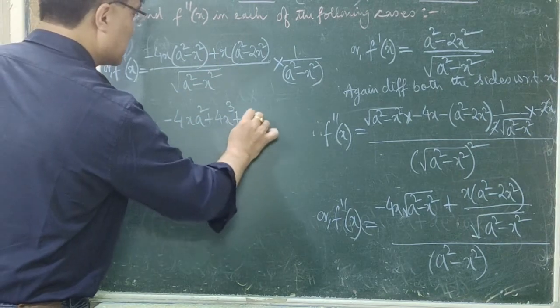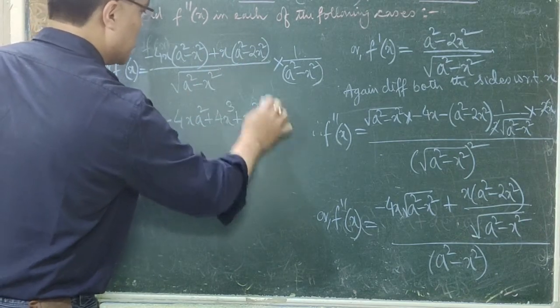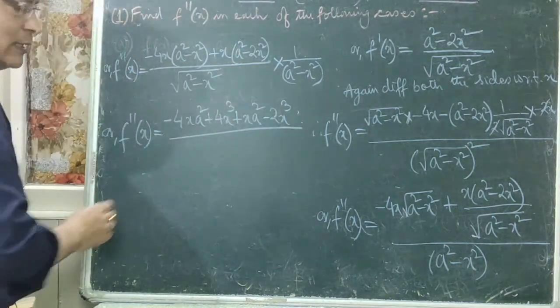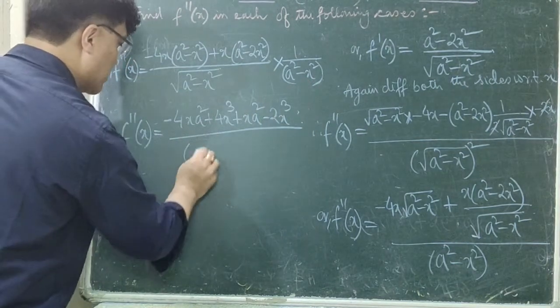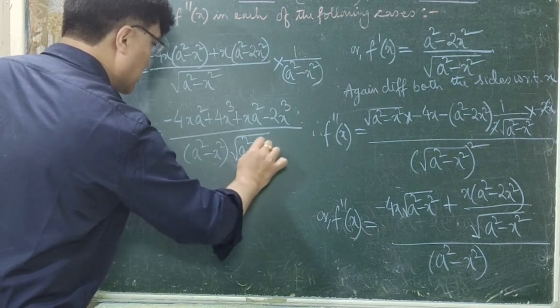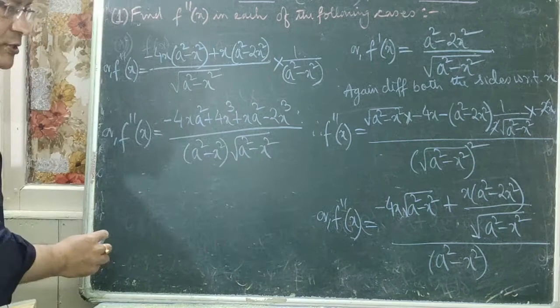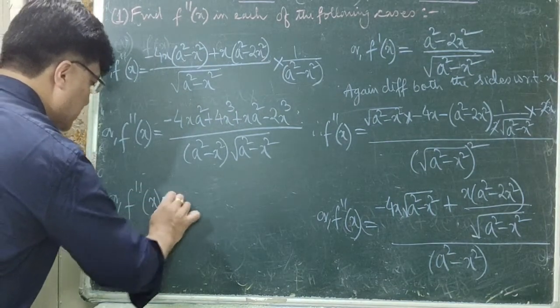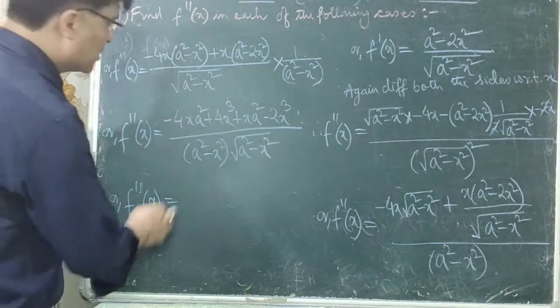This is plus xa square plus or minus, this is your 2x cube, whole divided by, so you can write these two expressions here: a square minus x square into root under a square minus x square. Okay, so f double dash of x is equal to, now write down first,